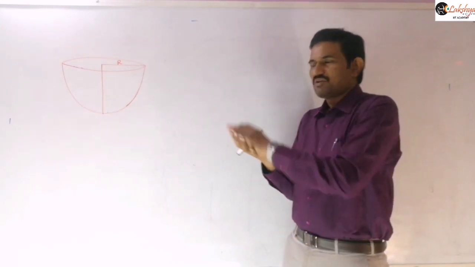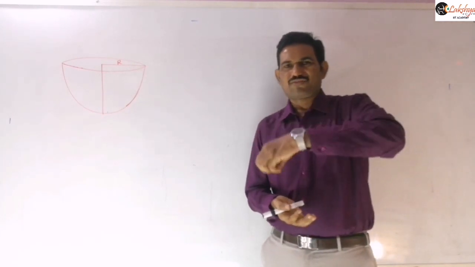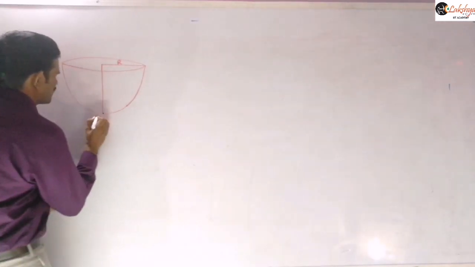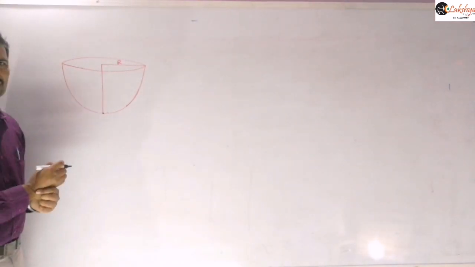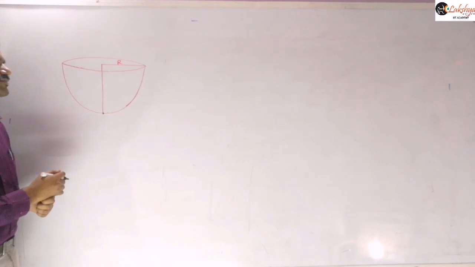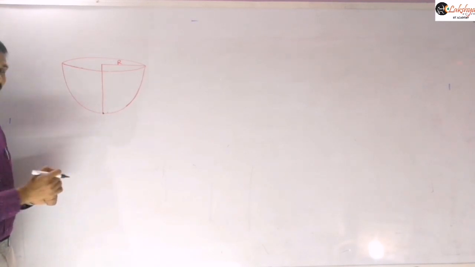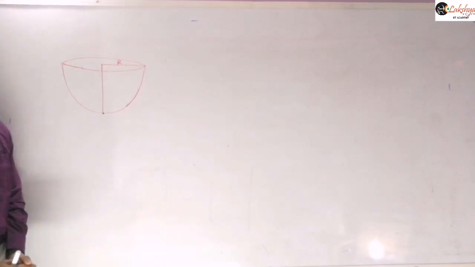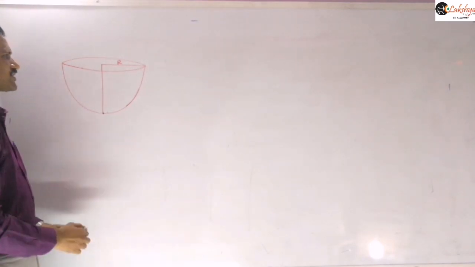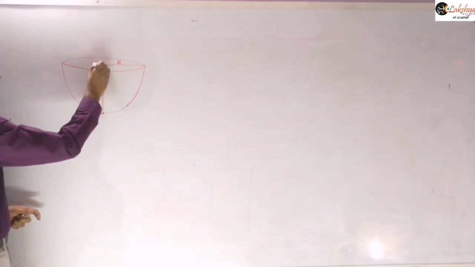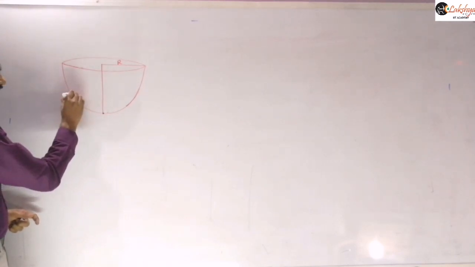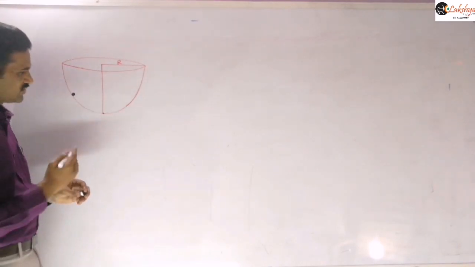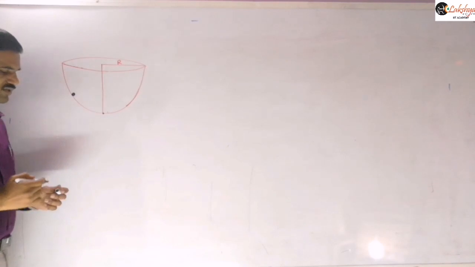So that means it is a hemispherical bowl like this. The insect is starting from this lowest point here. So it starts crawling up this hemispherical surface, having some coefficient of friction mu. So the maximum height I am asking here is the maximum height until which it can rise. Let us consider it is crawling up like this, and I am taking some position here. So the insect is like this, at that position it is there. It is moving, suppose it is trying to move in the upward direction.